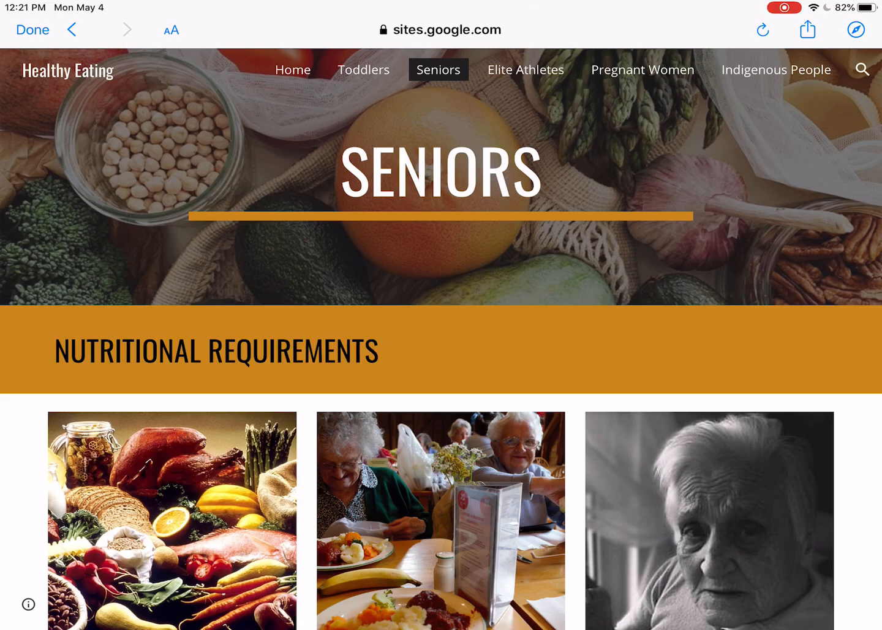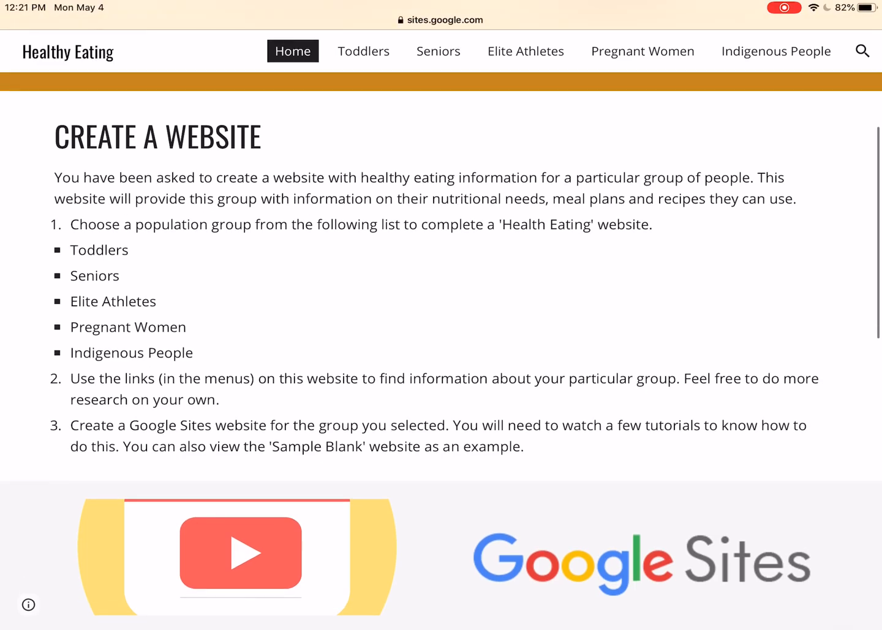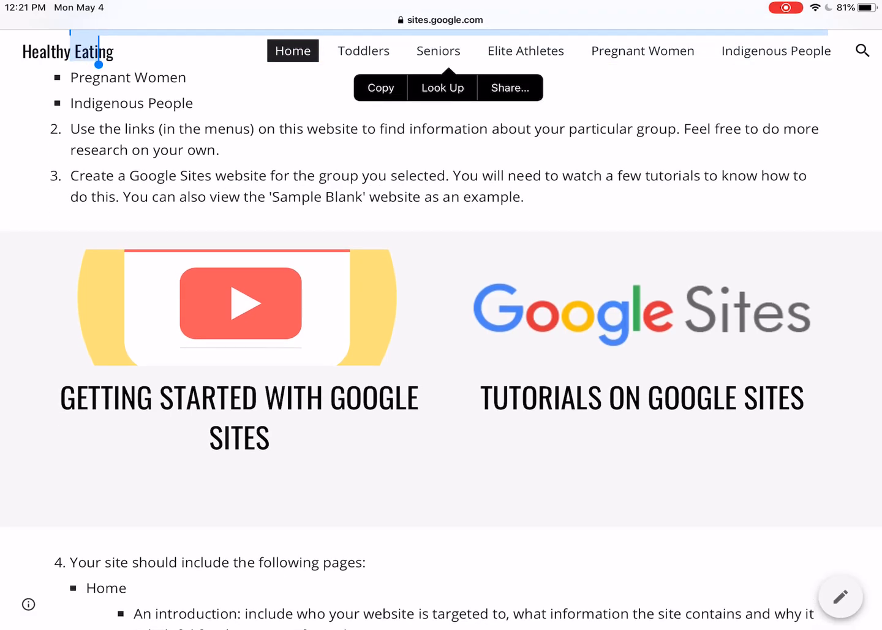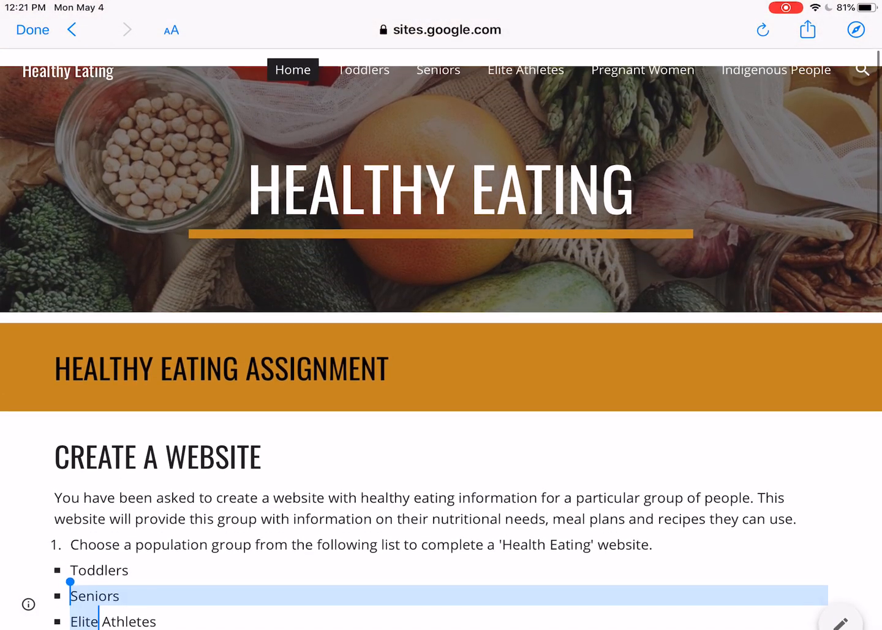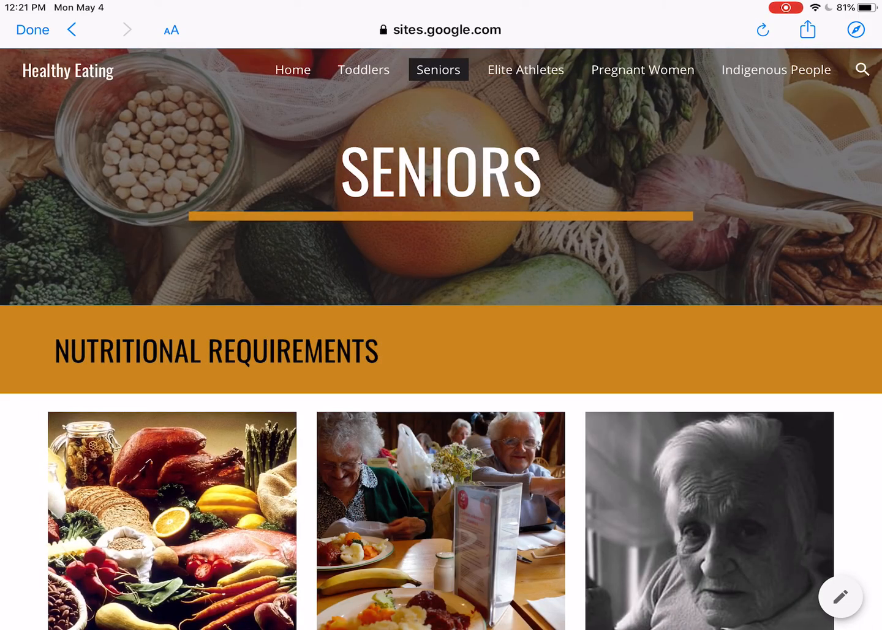So I'm going to go back to home for a second. All the information is here under home, what you have to do. So it says create a website. So choose a population, so choose a type of group. So let's say I chose seniors. Then you have to look at all the information on seniors up here in that top part. So I tap seniors and go to all that information. Go through all that, take notes. I'm going back home again. Once I have all my information,